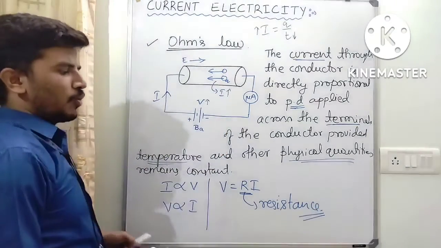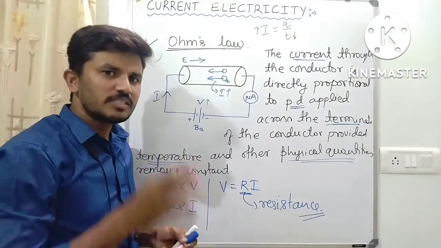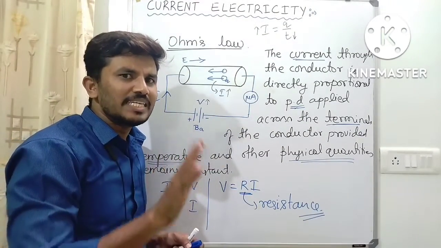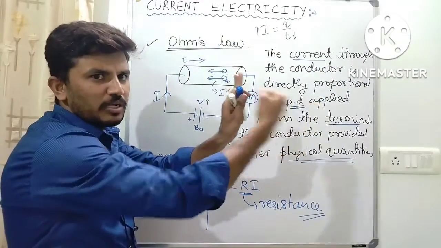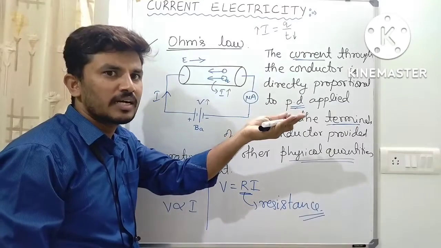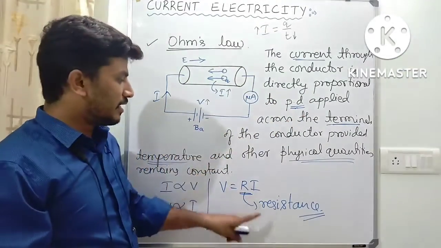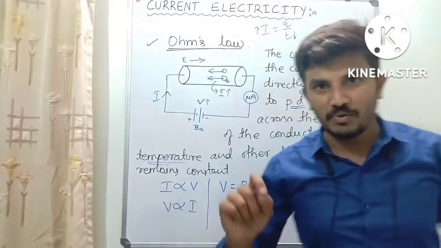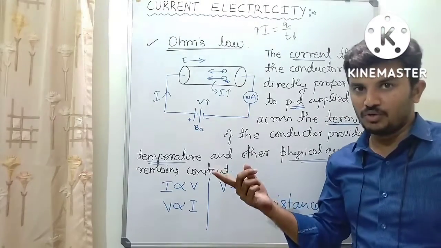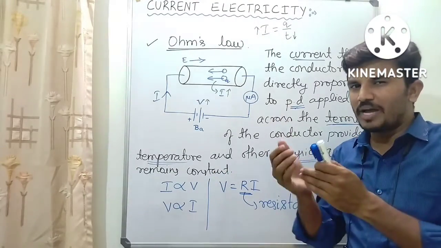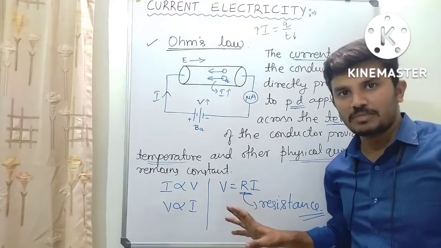Dear students, what do you mean by resistance? When the charges move through the material, some materials won't easily allow the charges to move through. That opposition offered by the material for the flow of current, or for the flow of charged particles inside the conductor, is called resistance. I have already given a detailed explanation about resistance in the previous video. If you have not watched it, please go back and watch it, so that you will understand what resistance means.